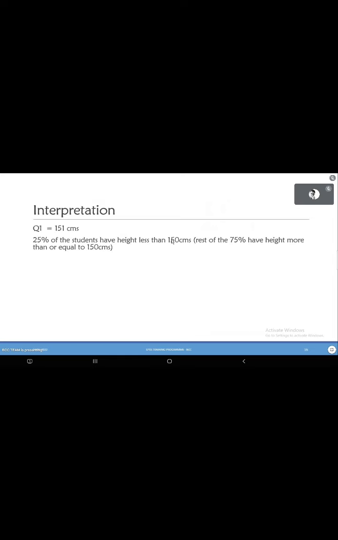So 25% of the students have height less than 151 centimeters, and the rest of the 75% of the students have height more than or equal to 151 centimeters. Is that clear? If 151 falls here, that means 25% of the students have height less than 151 and the remaining 75% of the students have height greater than 151. That's the meaning of Q1.